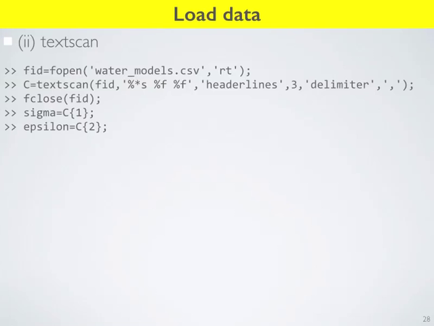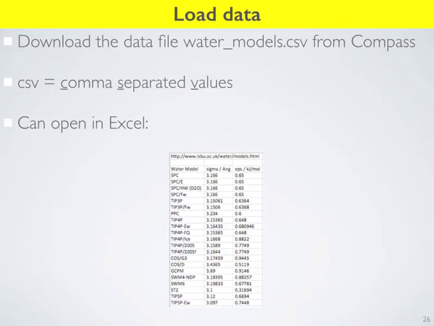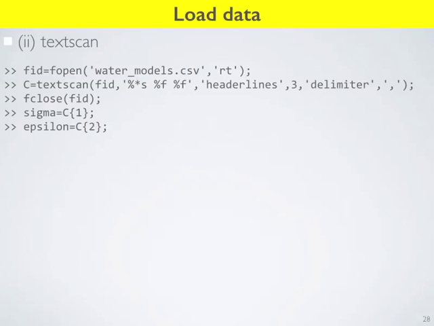So let's go back to the file. So textscan is going to roll through this file one line at a time. It's going to see the string, but ignore it because we gave it the asterisk. Then it's going to import the sigma and import the epsilon as floating point variables. We tell it there's going to be 3 header lines, so you need to ignore the first 3 lines of the file. And the delimiter between the fields is going to be a comma. And so your fields are expected to be split by a comma. I think the default is a space. In this case, we're reading a CSV file, so it's going to be a comma.